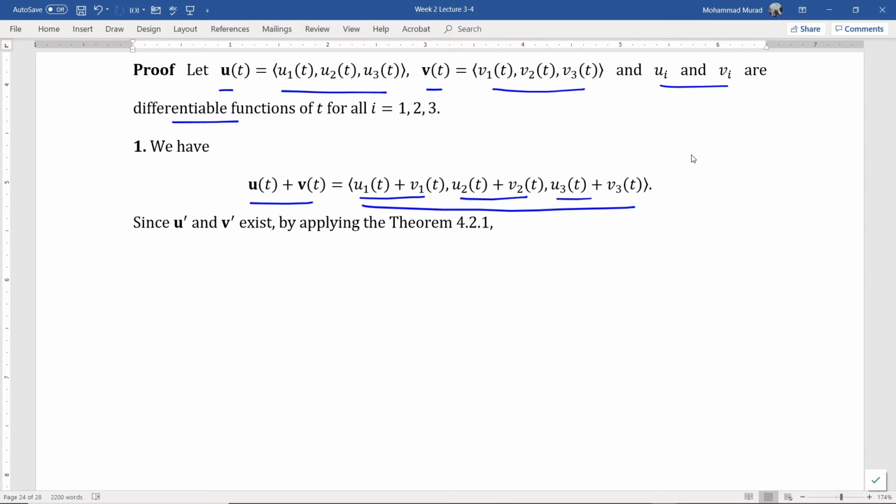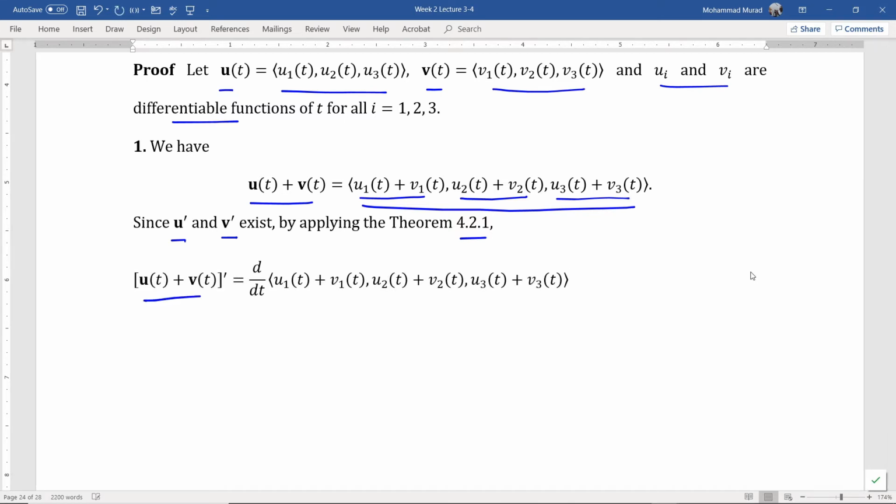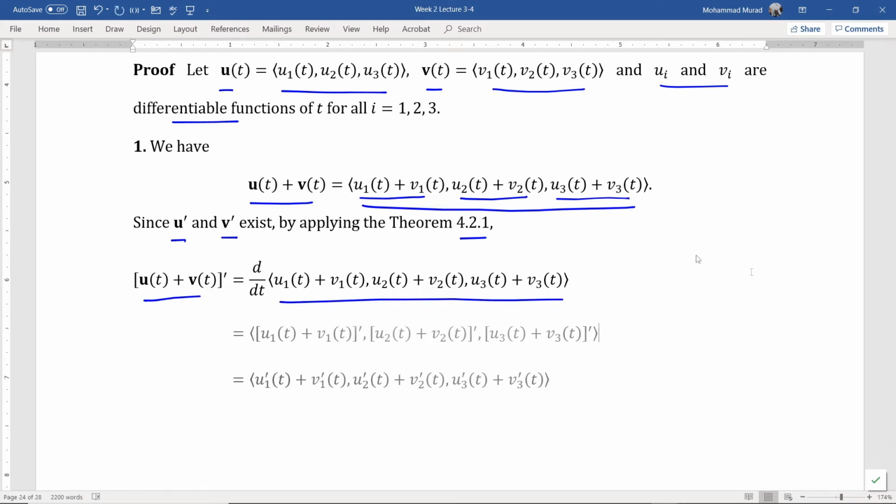Similarly, the third component is the sum of the third components of the vector functions u and v. Since u prime and v prime exist by the hypothesis, by applying theorem 4.2.1, we have the derivative of u plus v is the derivative of this vector, and when we apply the theorem,